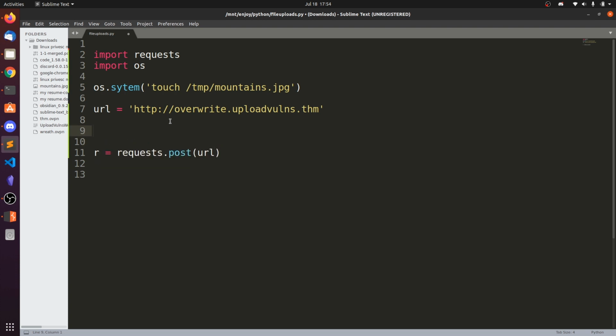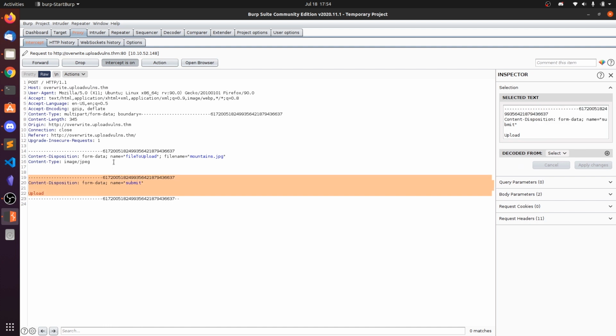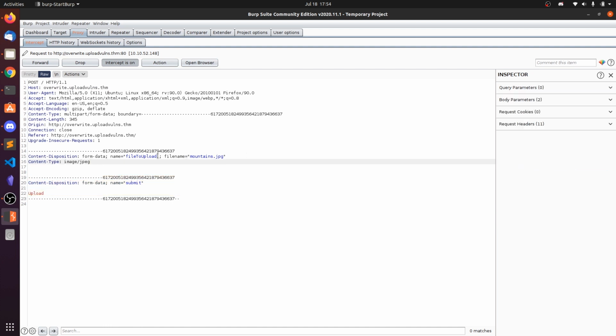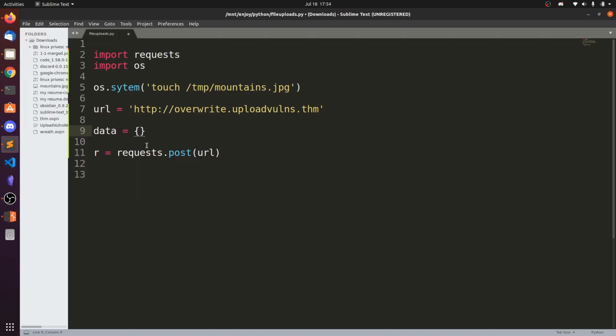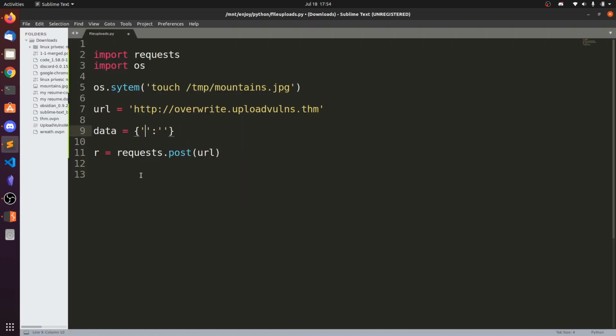What we are going to post first is data. The data belongs only to this one. We can send the file with another parameter, so we will be seeing this later. First let's build this data: name is submit and the value is upload. My bad.